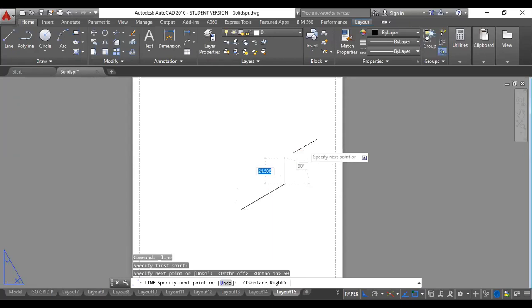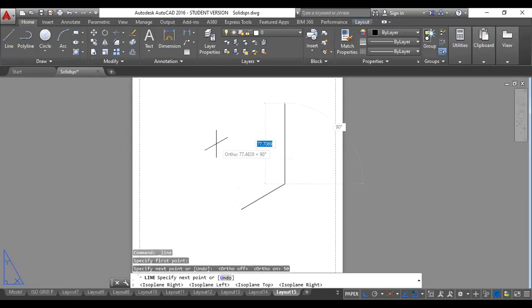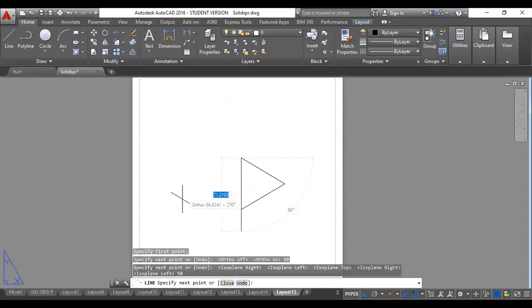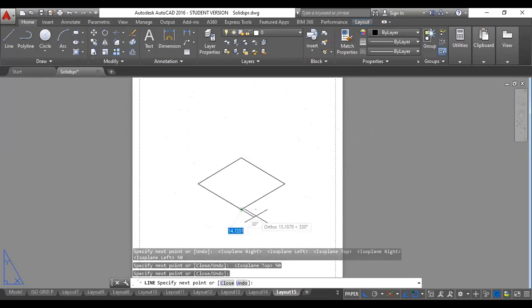You can see now this is vertical. Press one more time, it will change its orientation. You can see here it has come to the left side now. Now 50, enter. Just move the mouse. You can see it is going down, but I want it on this side. So press F5, so it comes on the other side. 50, enter, and then join it back.